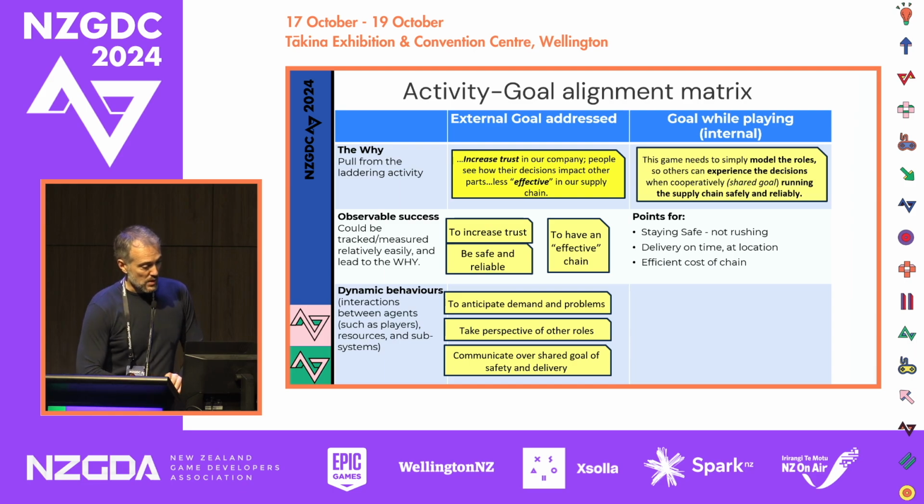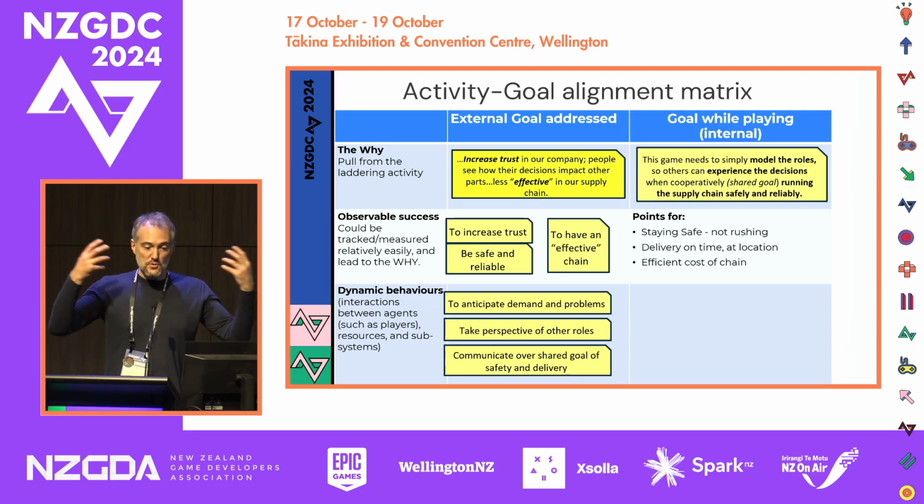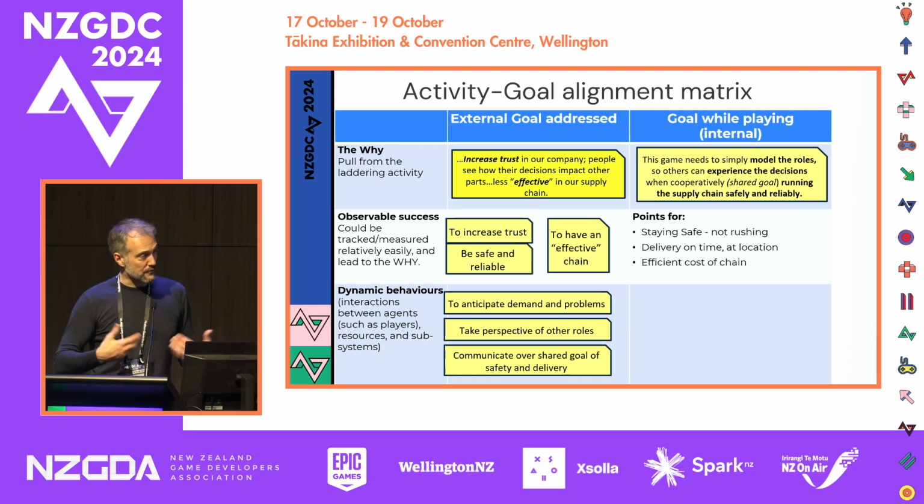The behaviors that they wanted were things like anticipation of problem and demand, taking perspectives of other roles, communicating over shared strategies, verby things. These are the skills then that they actually can practice, and not in a way where it says you'll just get better at doing this, but these are the skills that are analogous to things that problem solve, in a way that you might do with cognitive behavioral therapy. Or any kind of ideas of like, if we can just break out those constructs and talk about them, it's a first step to being able to change how we feel about some of the things that lie underneath of them.